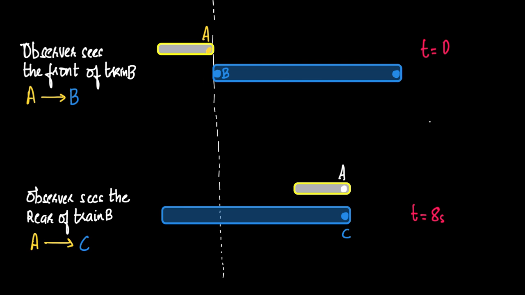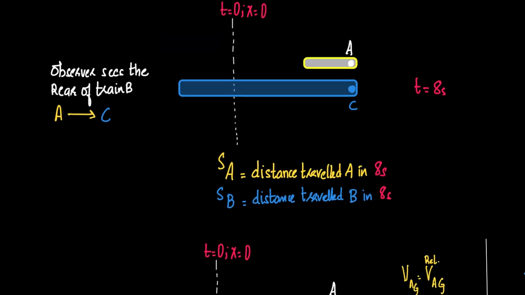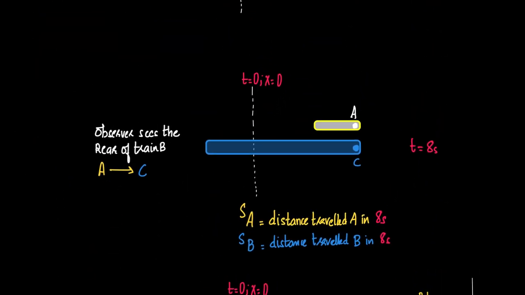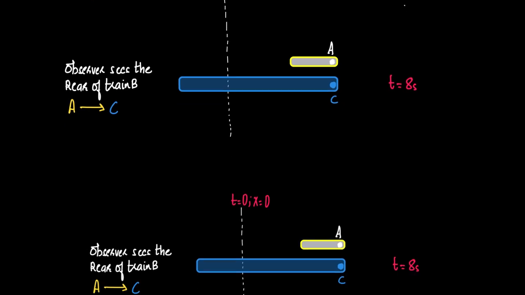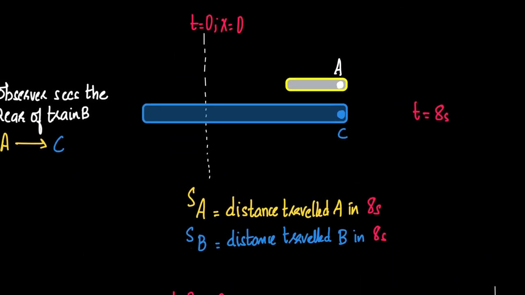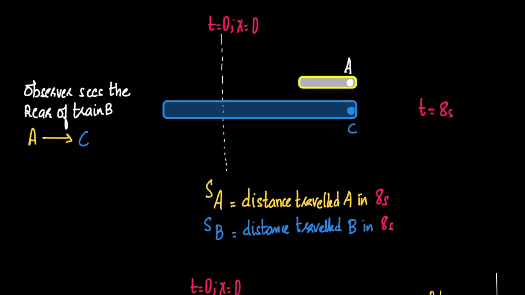If you are able to visualize these two positions clearly, or maybe I can just take out this portion, and analyze this final picture at t equal to 8 seconds,